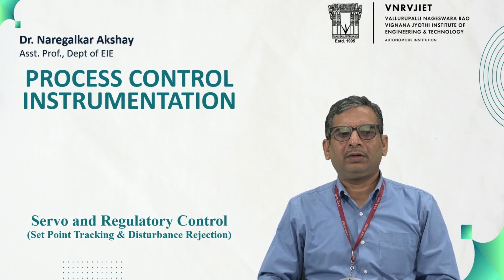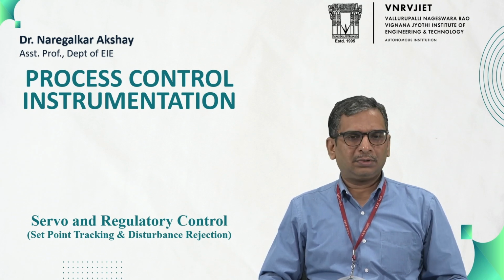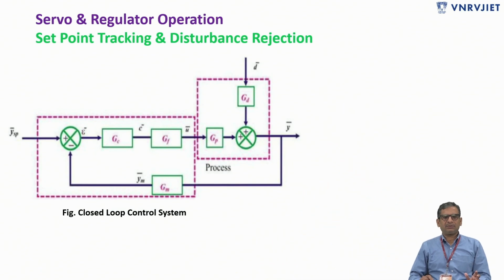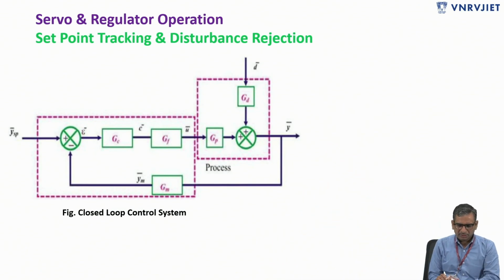So today we'll discuss one of the important topics, called servo and regulatory control, under a process control instrumentation course. So basically, when we discuss the closed loop control system diagram, we can see this is the closed loop control system diagram. Now, if you compare this particular diagram with open loop, we can find an additional thing here,